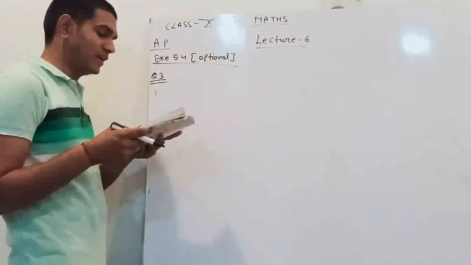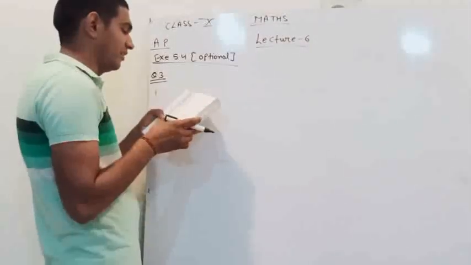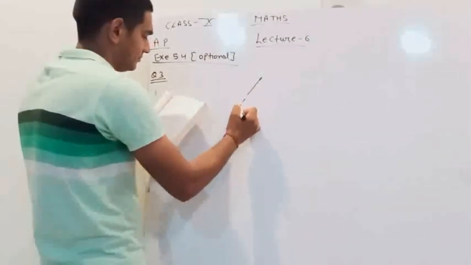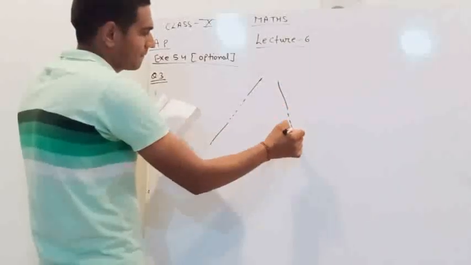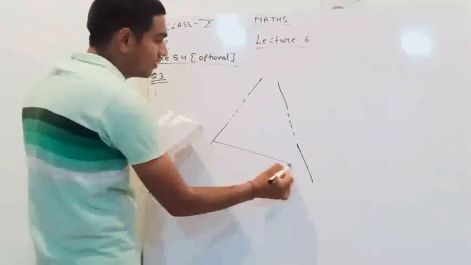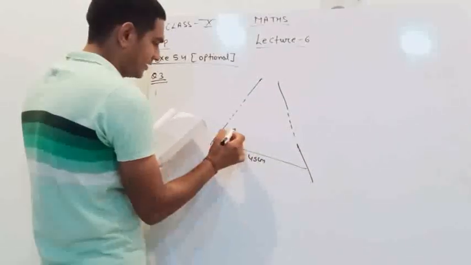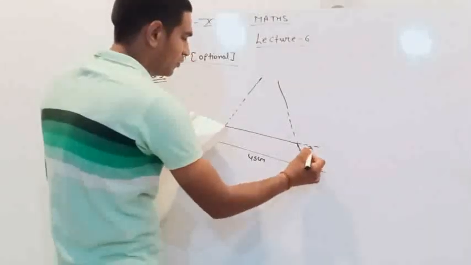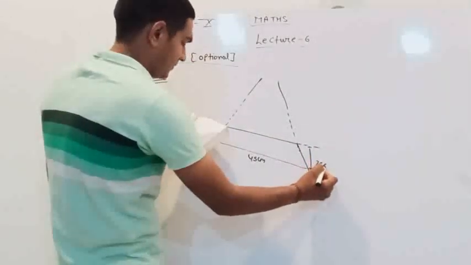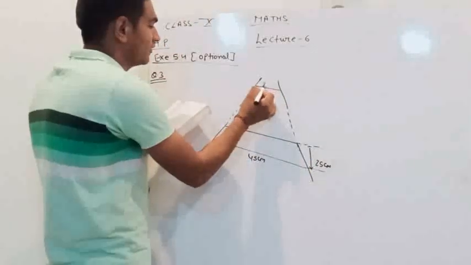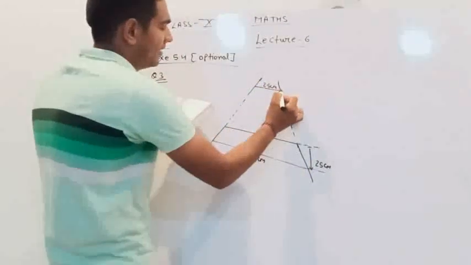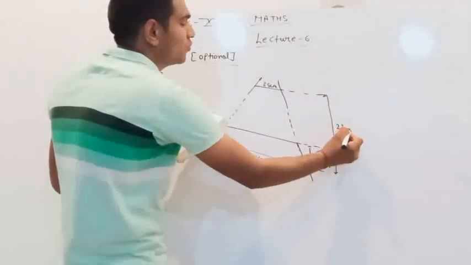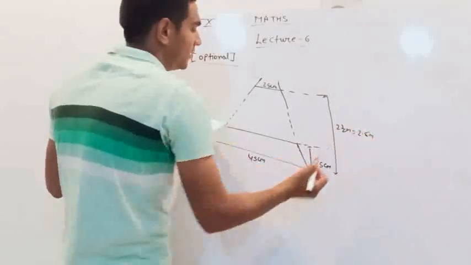Next question. In question number 3, what is given to you? A ladder has 25 rungs. The rungs decrease uniformly in length to 45 cm. That is given to a ladder. Down is given to you 45 cm. Then between two rungs, the distance is given to you 25 cm. And top is 25 cm. And the total length of the ladder is 2 and 1 upon 2 meter, which is 2.5 meter.